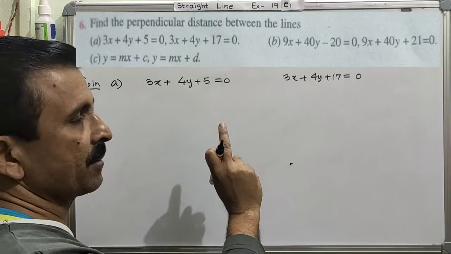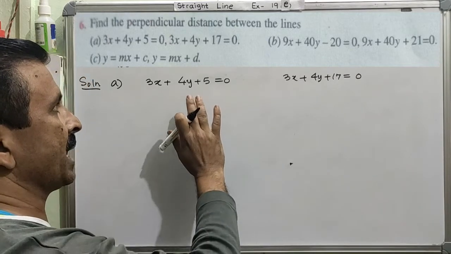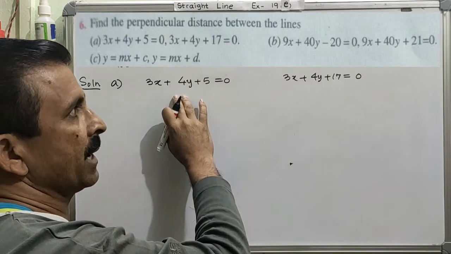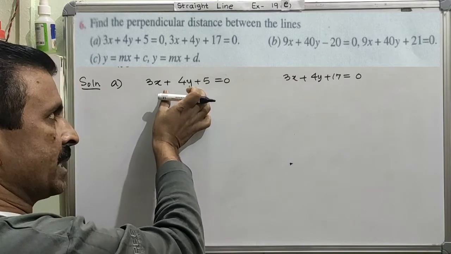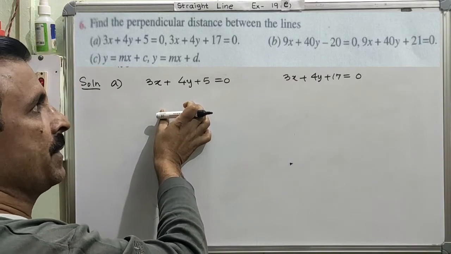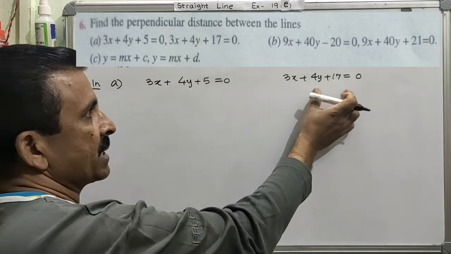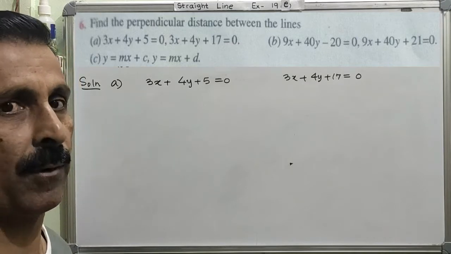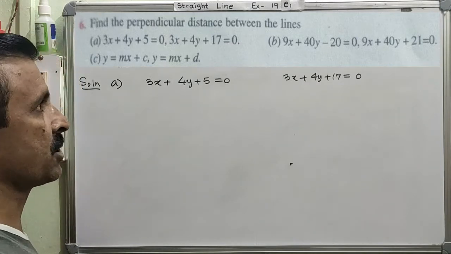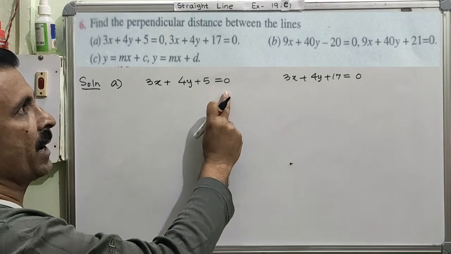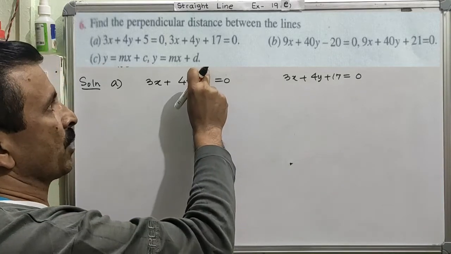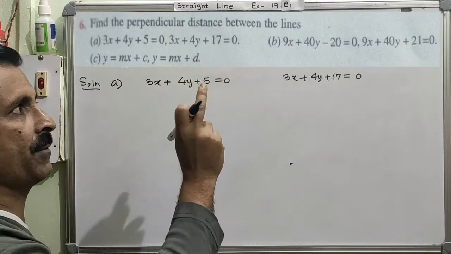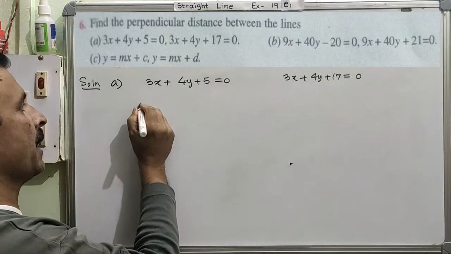Now, in order to find the perpendicular distance between the two lines, we can select any one equation to find the coordinate of a point. Clear? Suppose I consider this equation for finding the coordinate of a point, then with this point and the other equation, we can find the distance between the two parallel lines using the same formula. Am I understood? So now I'm going to use this equation to find the coordinate of a point. To do this, we have to consider x equal to 0. So by considering x equal to 0 in this equation, we will be able to get the coordinate of the point. Clear?